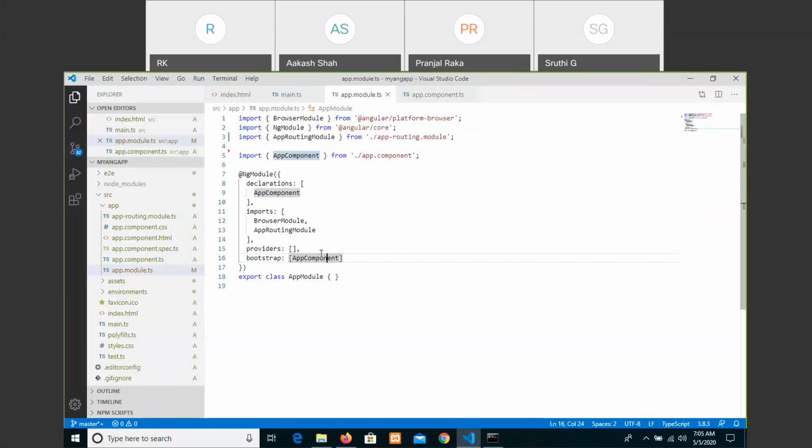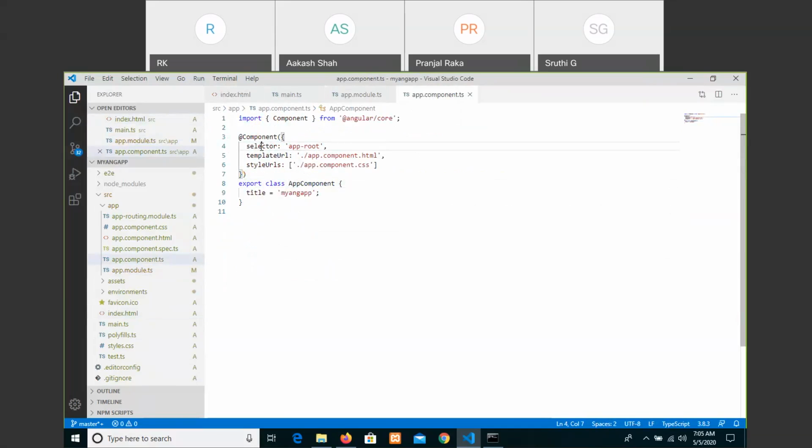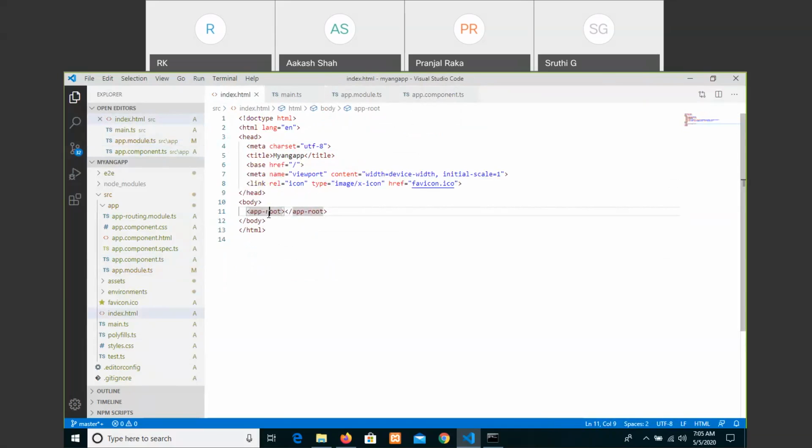As you have given the entry point, immediately it will search in the index.html file whether that app root matches with the selector or not. It will just check whether the selector in the index.html file is matching.